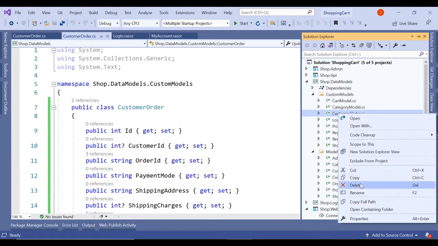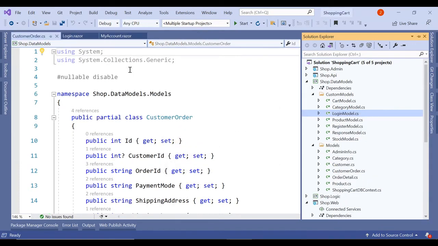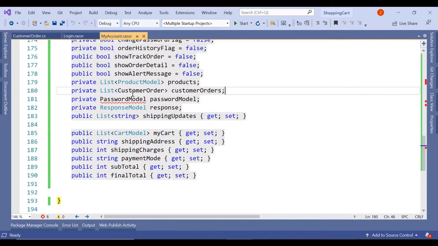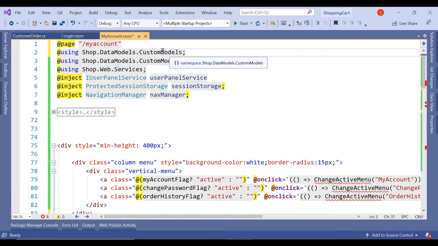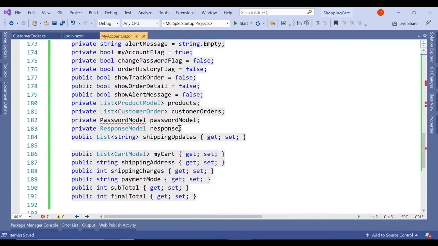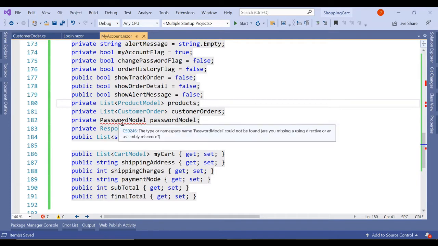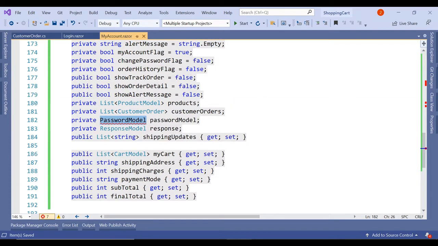So let's delete it. So here I think we'll have to include one more namespace for using models. So along with custom models we can have models as well. Okay, so this will help us resolve the customer order. The only new model required is password model.